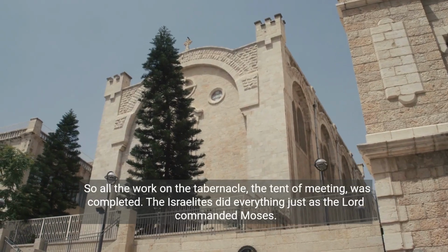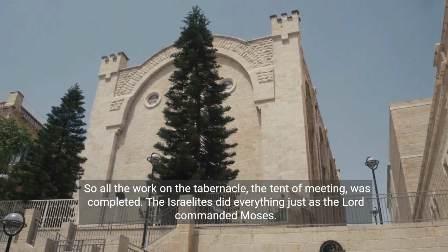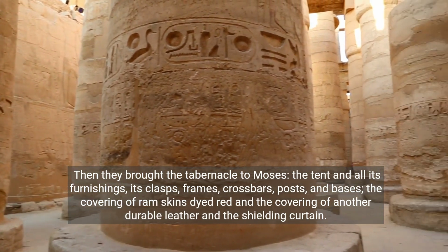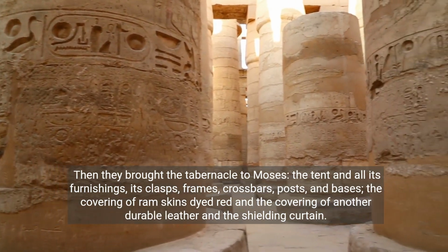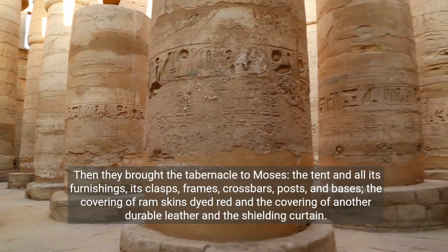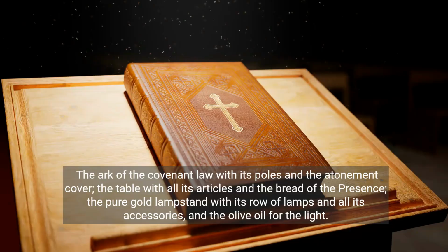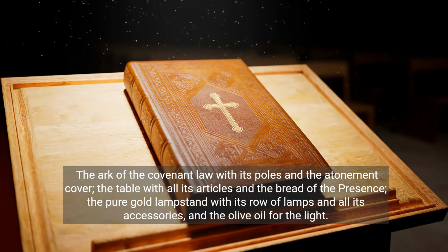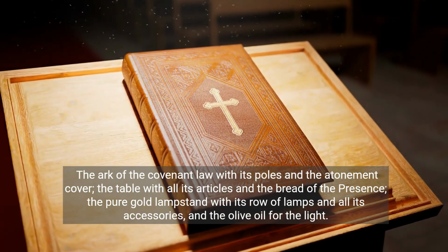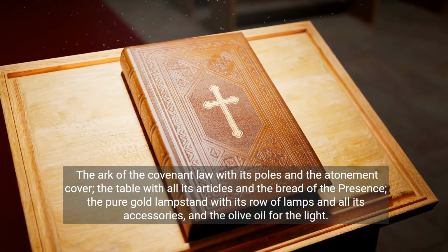So all the work on the tabernacle, the tent of meeting, was completed. The Israelites did everything just as the Lord commanded Moses. Then they brought the tabernacle to Moses, the tent and all its furnishings, its clasps, frames, crossbars, posts, and bases, the covering of ram skins dyed red, and the covering of another durable leather, and the shielding curtain, the Ark of the Covenant law with its poles, and the atonement cover, the table with all its articles, and the bread of the presence, the pure gold lampstand with its row of lamps and all its accessories,